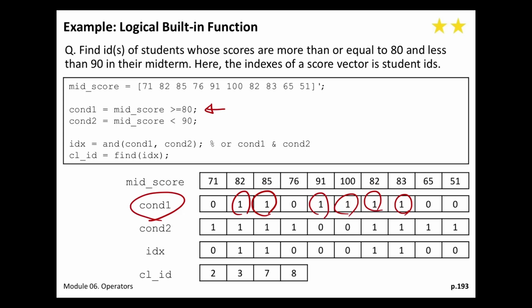Otherwise, it's a 0. What about condition 2? Condition 2 is the score is less than 90. Okay, so condition 2 is the here, right? These are all less than 90, but this is more than 90, right? All 90. Okay,